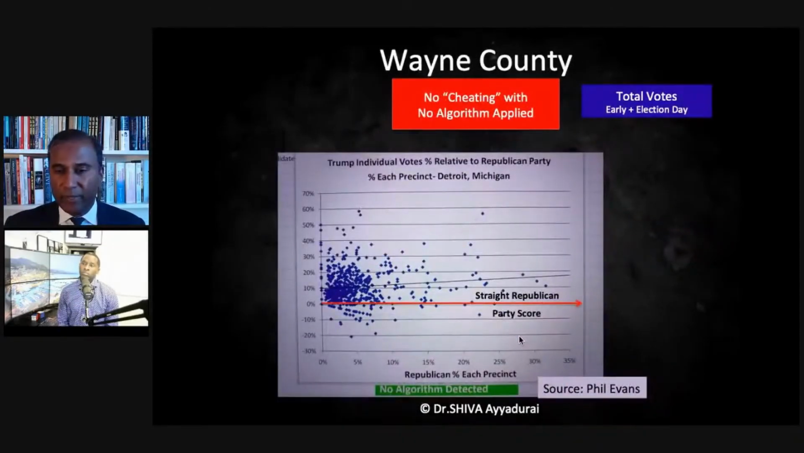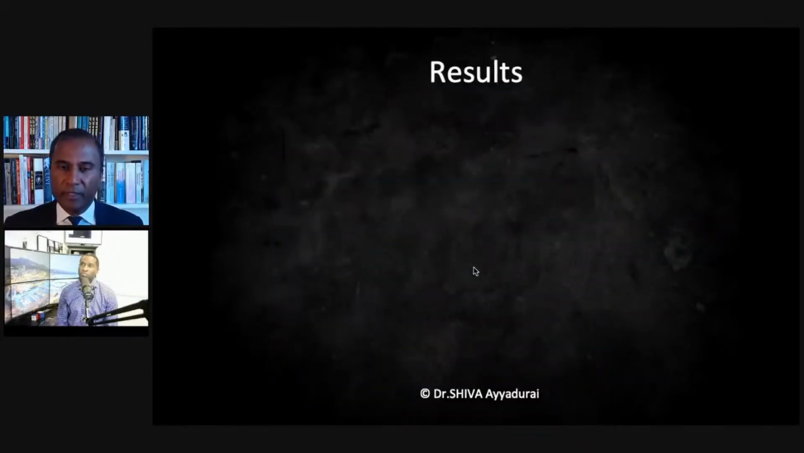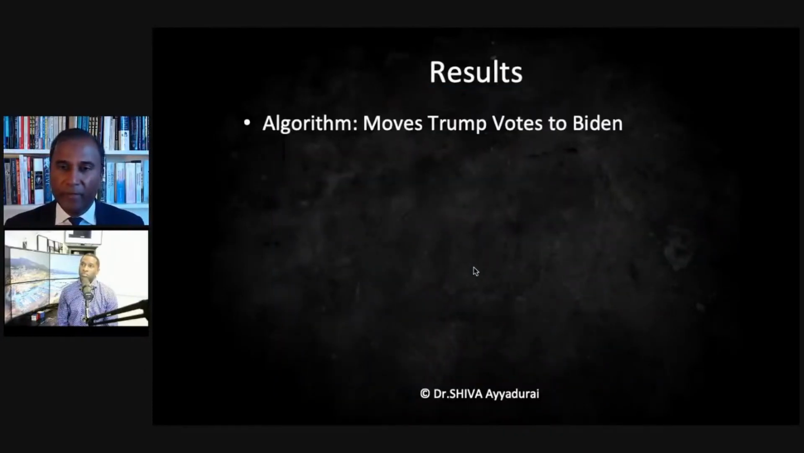Maybe something else was going on that we haven't detected, but it's clear that Trump was doing better among Democrat precincts. So that's the data. So what do the results show? Let's conclude on the results. Well, the algorithm that's there moves Trump votes to Biden. That's what it's doing. And I don't think anyone will argue with it because we've seen Trump votes moving to